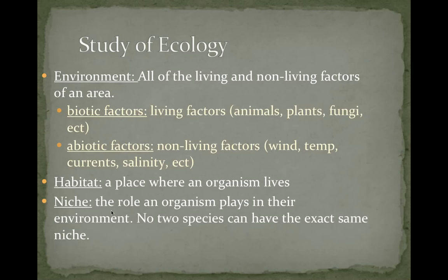So this slide just has some basic terminology. If you look at this picture right here, this is obviously a picture of a coral reef type ecosystem. We've obviously got some biotic factors and some abiotic factors. Some biotic factors, of course, the most noticeable one is the fish right here. It is living. Some other ones are the sponge right here, which is an animal. It is living as well. And then, of course, a lot of coral around here, which is an animal as well, living also. Some microscopic organisms are always in the water, so those would be biotic factors also.